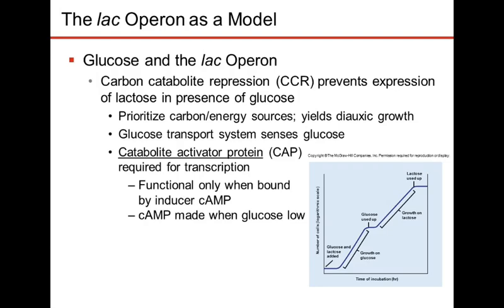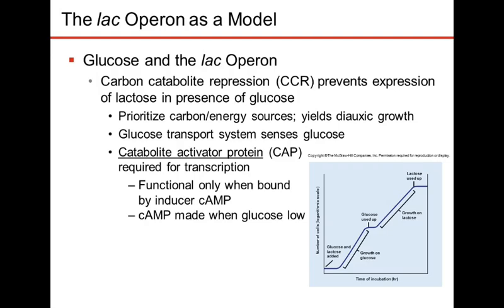All right, then we hit this third phase right here that kind of looks like that stationary phase that we saw previously. And at that point, the reason it starts is because the glucose is used up. The glucose is exhausted. So if we go back and look at the lac operon again at the promoter, is the repressor protein going to be bound at that point? No. Why won't it be bound? Because there's lactose present, so there's going to be allolactose. That's going to kick the repressor protein off.